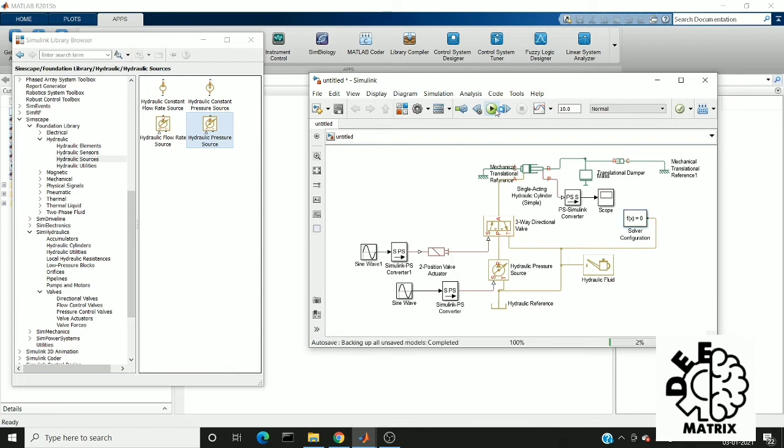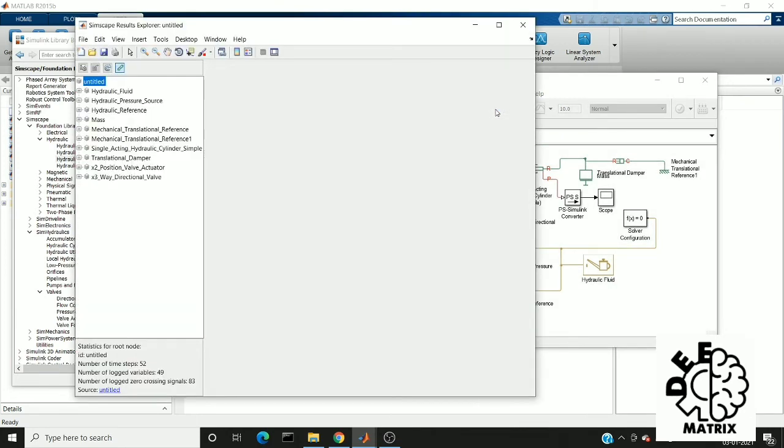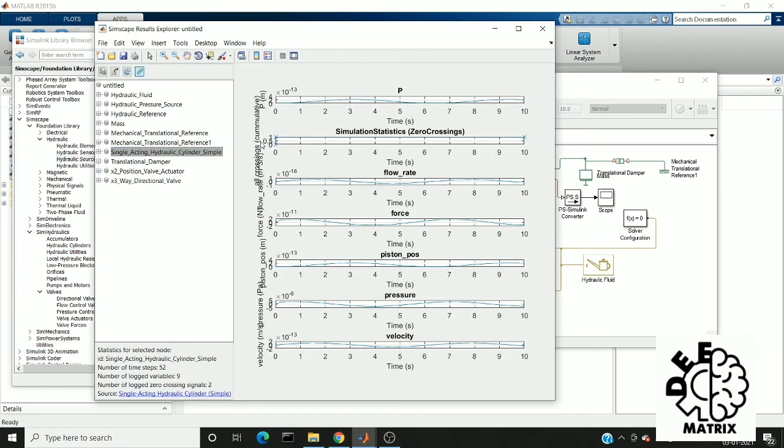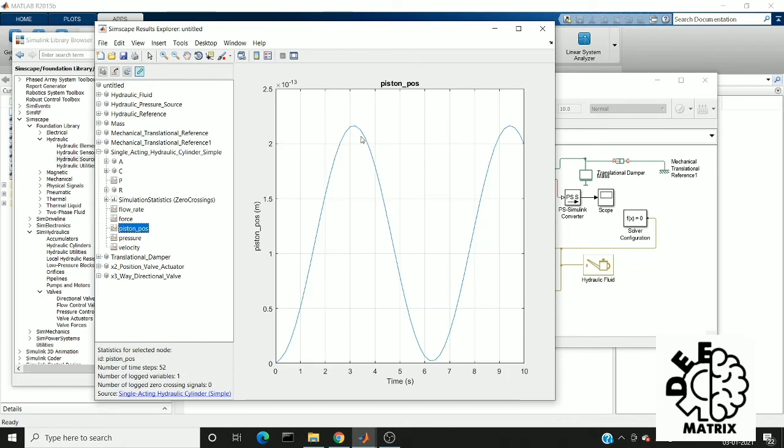I'm going to run this. Here we have our results. This is our piston position.